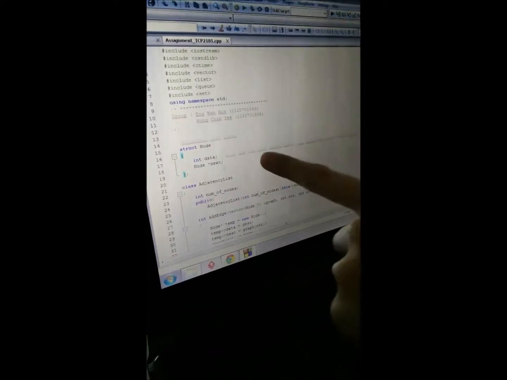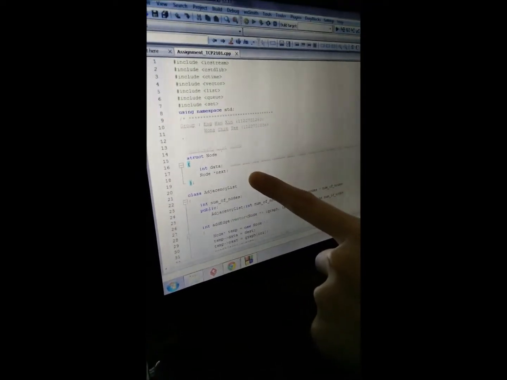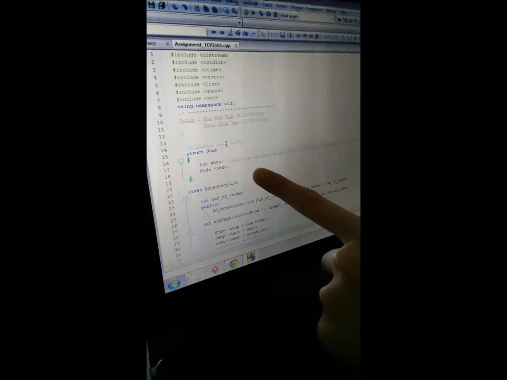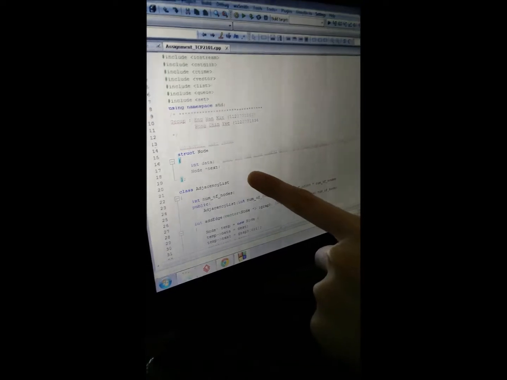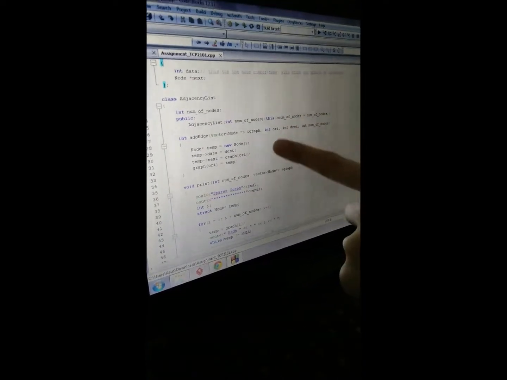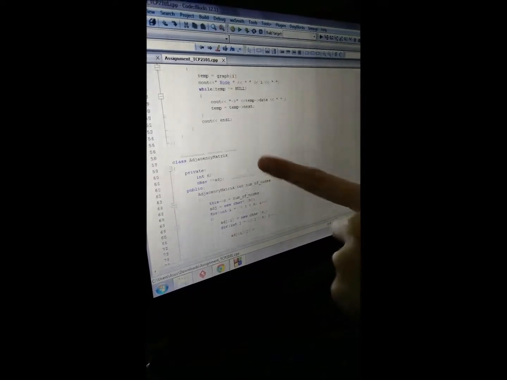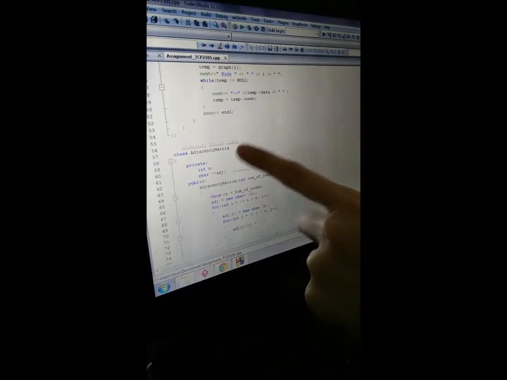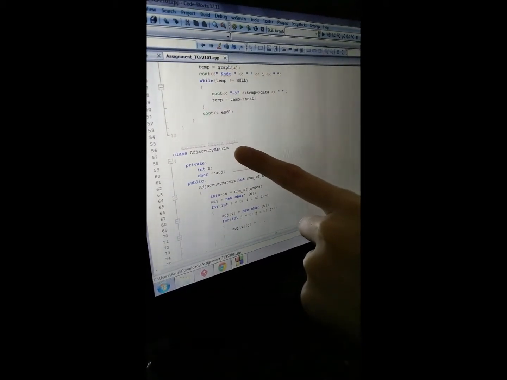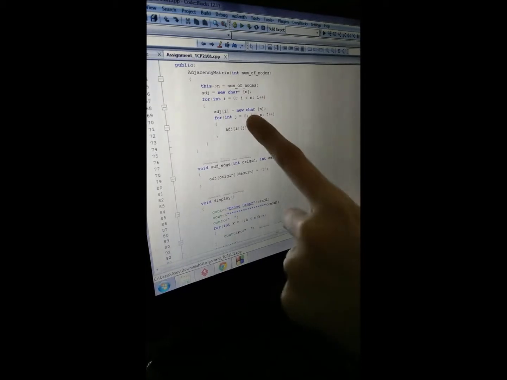Here is our code, and this one is the adjacency list class to generate the sparse graph. We use the adjacency list to show the sparse graph, and here is the adjacency matrix. We use this to display our dense graph. Here is the code,